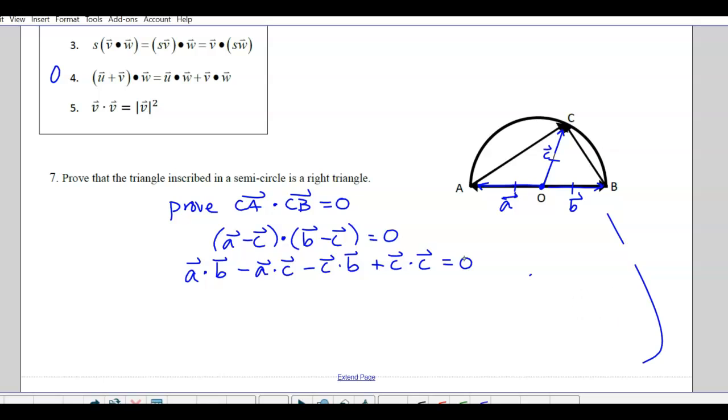Okay, and then let's look at some of the properties from our definitions here. So vector a and vector b, they are opposite vectors. Same magnitude, but opposite direction. So you can go, okay, well, vector a is the opposite of vector b. So if I substitute that in for a, then I'll get negative b here, dot b, minus